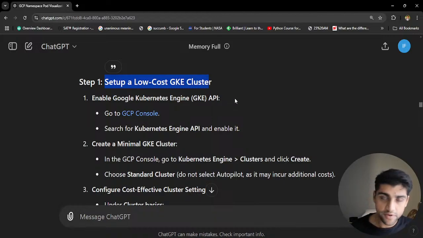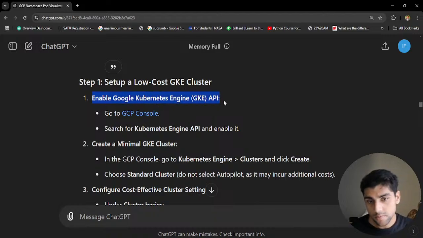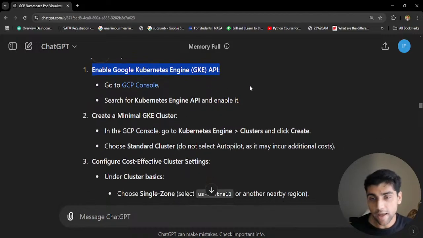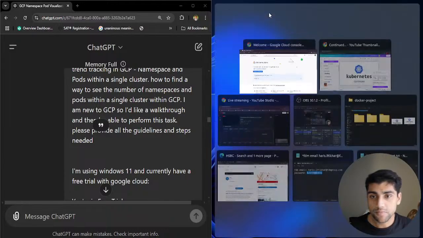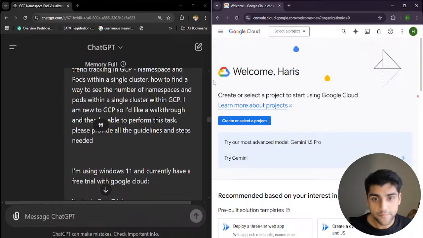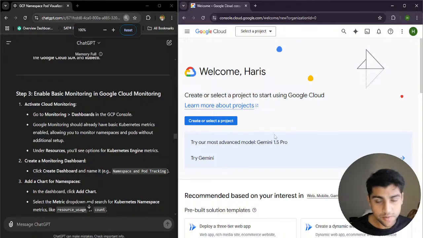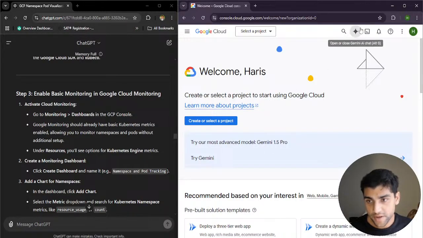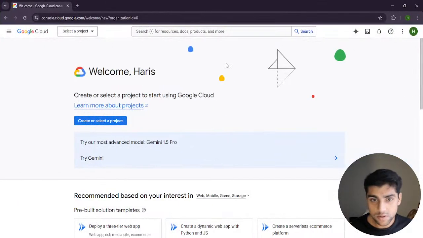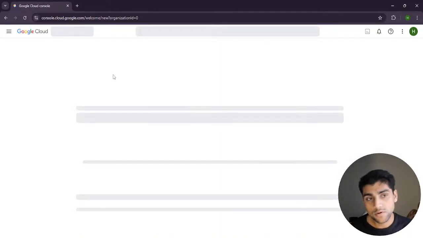I created a free tier on Google Cloud. If you enable the Google Kubernetes Engine GKE API, these are some of the steps and instructions. I'm going to put this instruction on the left, and then put the dashboard on the right. I know Google Cloud charges money, but you can create a free account with Google Cloud to give you a